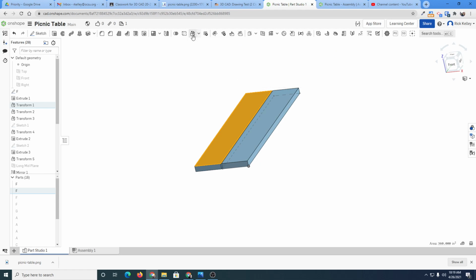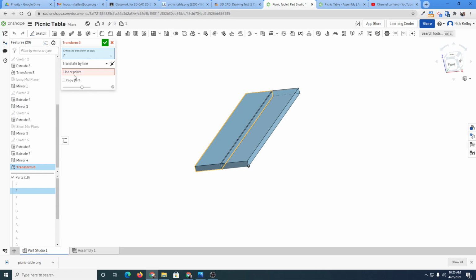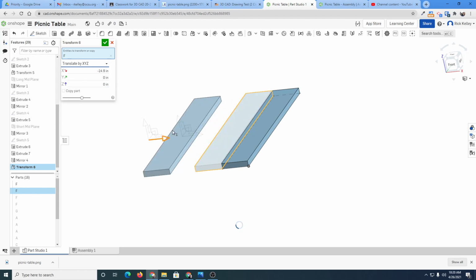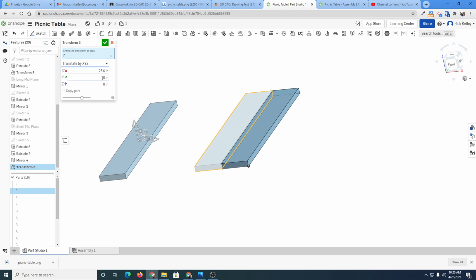And once you pick a part and you click transform, you're going to get some options here. In this case, red options. Because by default it wants you to translate by line, moving the object based on some other thing that already exists on the page or in the drawing, which we don't have and I don't find super useful. I like translate by X, Y, and Z, because then you can enter some measurements. You can also drag it around to see which number up here changes, so you know which one of these you need to change in order to get this part where you want it to be. So that's all I did, was I translated by XYZ,